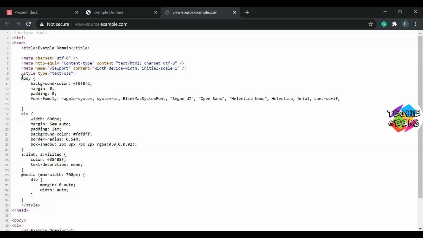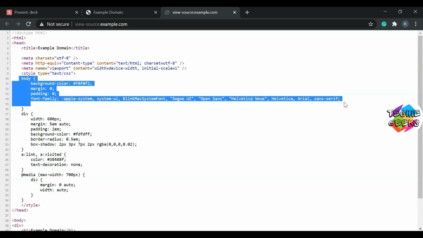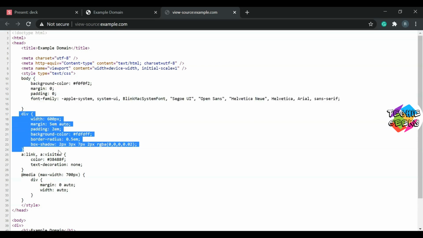You can see that inside the style tag we can define the design for different tags uniquely. For example, for the body tag I am providing a different design. Similarly for the division tag I am providing a different design or different color. Using Cascading Style Sheets you can provide different styles to your different tags.